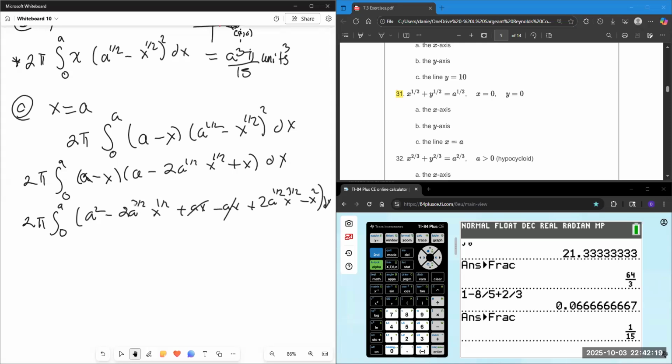These are equal and opposite, so they zero each other out. 2 pi a squared x from 0 to a minus 4 pi a to the 3/2 x to the 3/2 times 2/3, 0 to a,